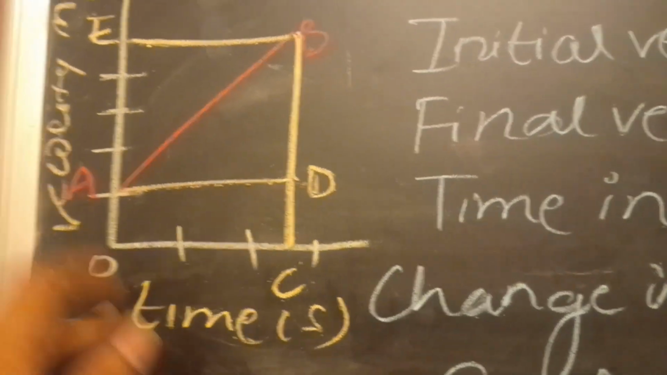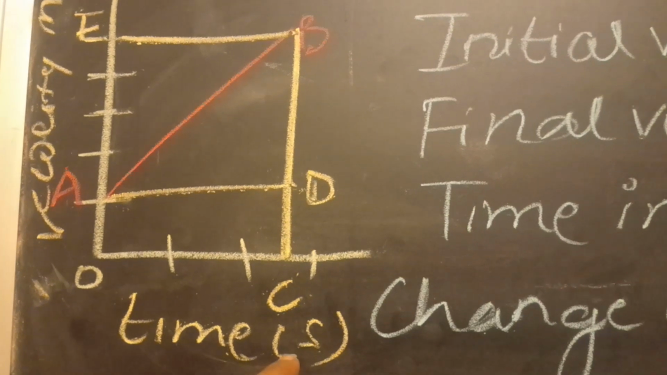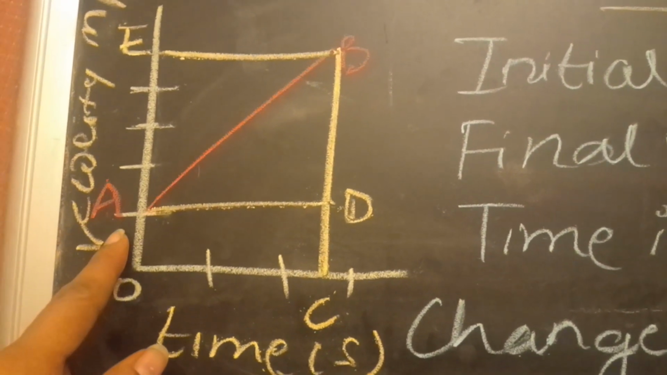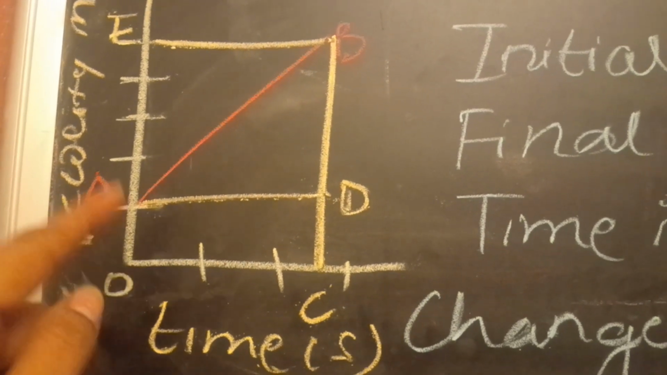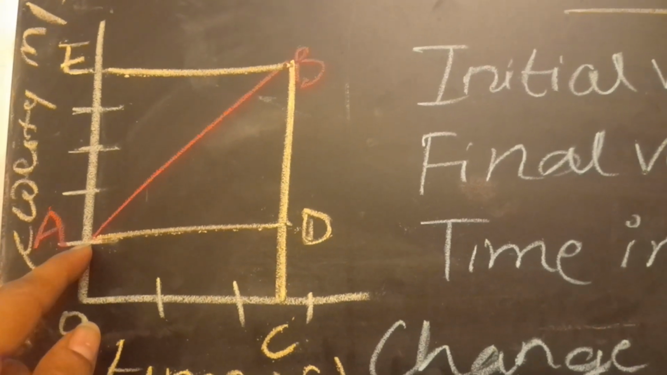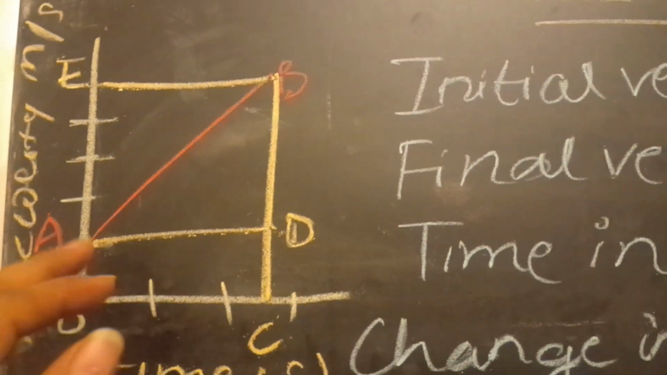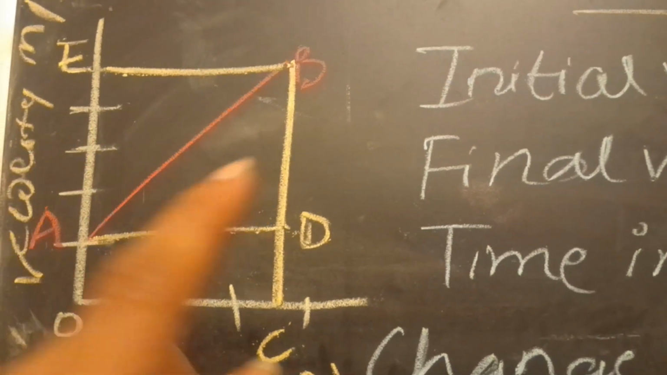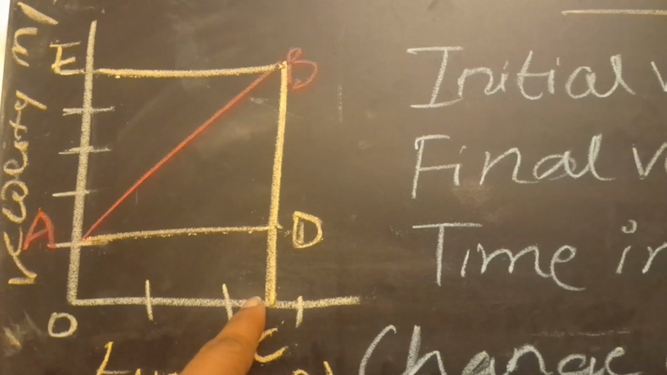So this is the graph. We have velocity on the y-axis and time on the x-axis. The movement of the body starts not at the zero position, but somewhere above the zero position, and it increases with time. Time is increasing and velocity is also increasing. With this, we come to know that